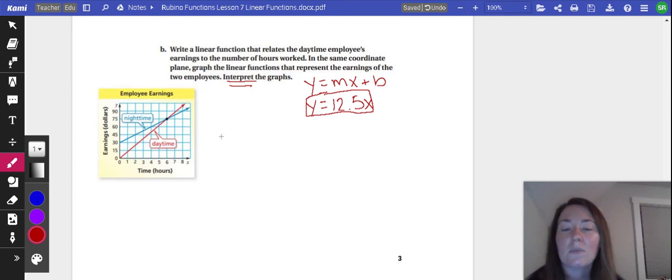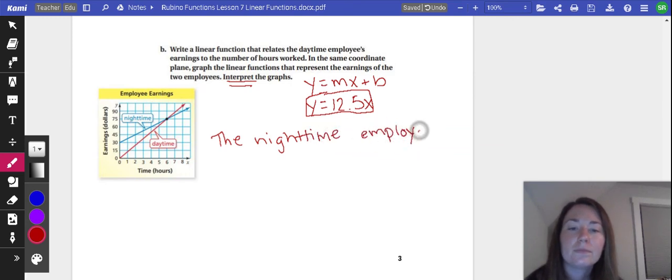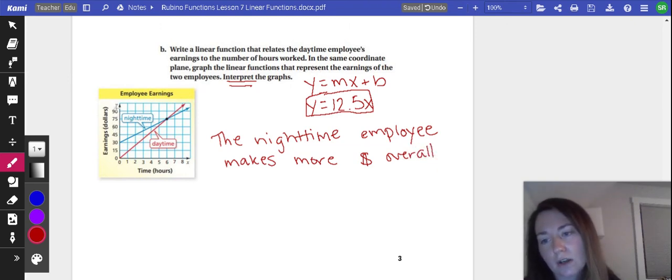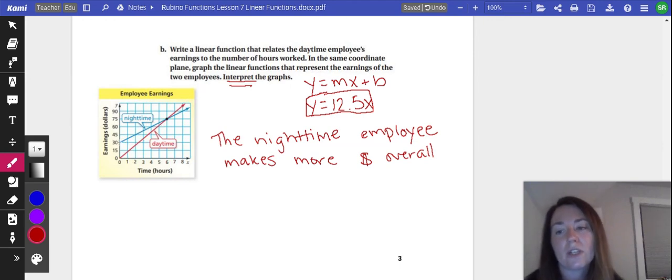Okay, so I might say something like the nighttime employee makes more money overall, because we can see the earnings are over here. And this graph is higher for earnings. This is the graph of the nighttime employee. So the nighttime employee is making more money. They have higher earnings overall than the daytime employee until this point here, right? So the nighttime employee makes more money overall until